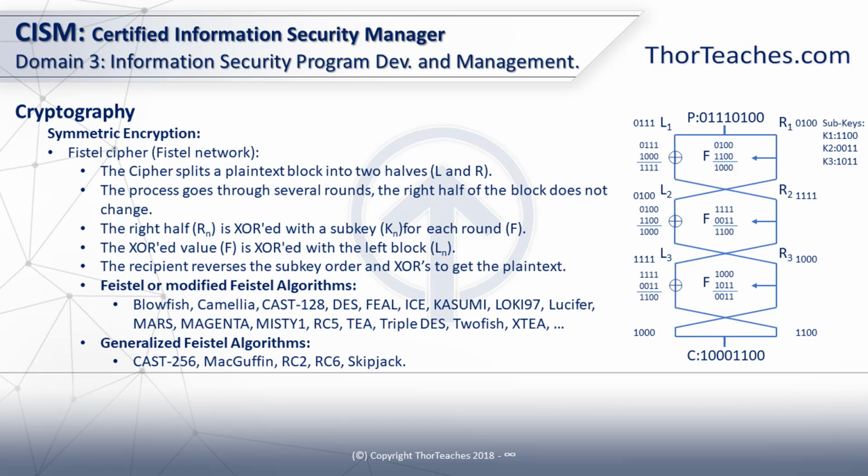We'll then use the 1111 and key 2, 0011, we XOR that, we get 1100, which is then XORed with the L2 value, 0100, and the XORed value is 1000. Then we do another switch. The left and right side changes again, so the value we just XORed, 1000, gets XORed again with a third key. I think you get the idea by now. And then in the final step, we combine the left and the right. So using those 3 keys, 3 rounds of Feistel, our cipher byte now reads